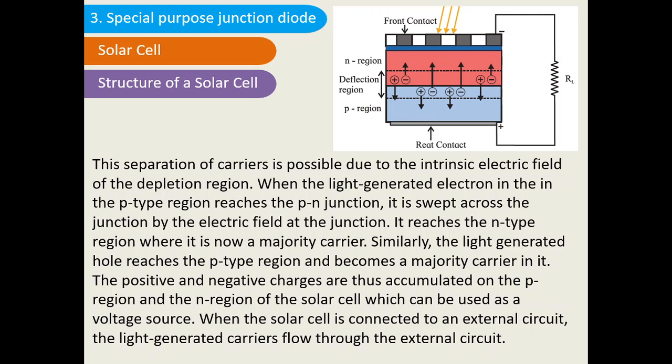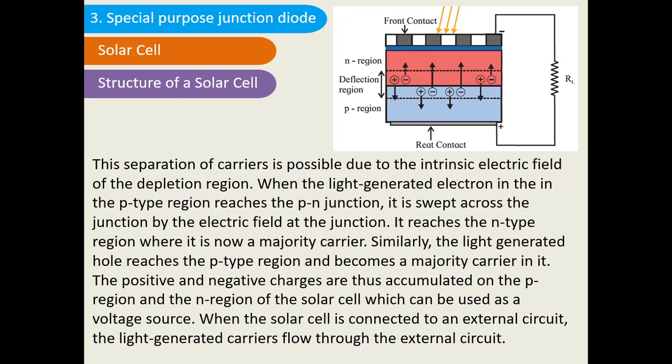The positive and negative charges are thus accumulated on the P region and N region of the solar cell, which can be used as a voltage source. So this solar cell can be used as a voltage source or as a DC power source. When the solar cell is connected to the external circuit, like the example shown in the diagram,